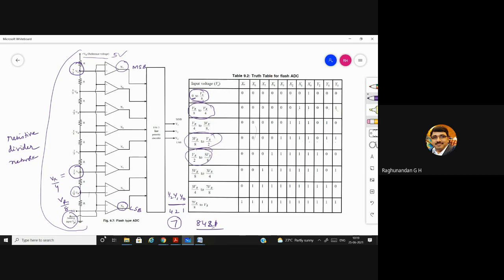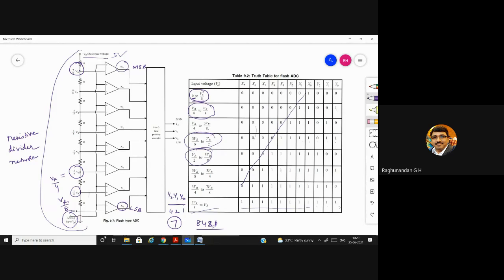Next, 2. You can see that in the same way as the encoder table. So at each level, when the input signal is increasing, the comparator outputs are also increasing slowly. And finally, you can see in the last stage, all the comparator outputs are high, so that y2, y1, y0 will be shown as 1, 1, 1. So all of them will be at high level. This is how the 3-bit flash type ADC is going to work.